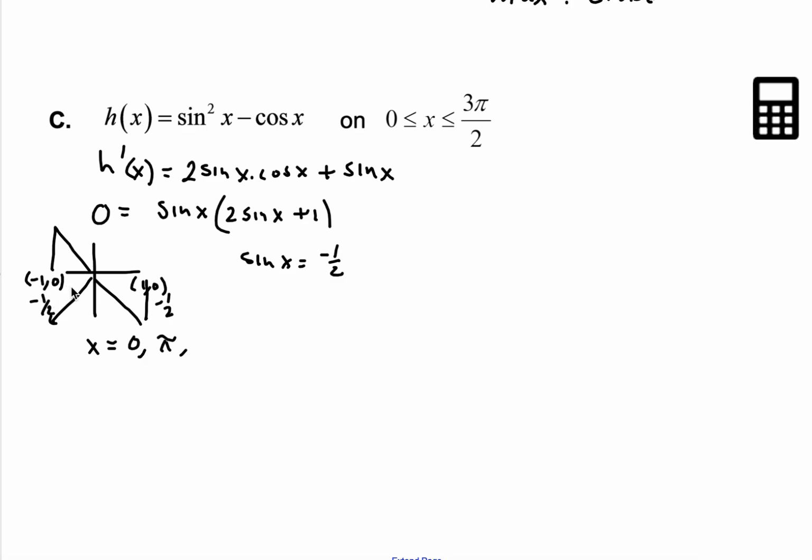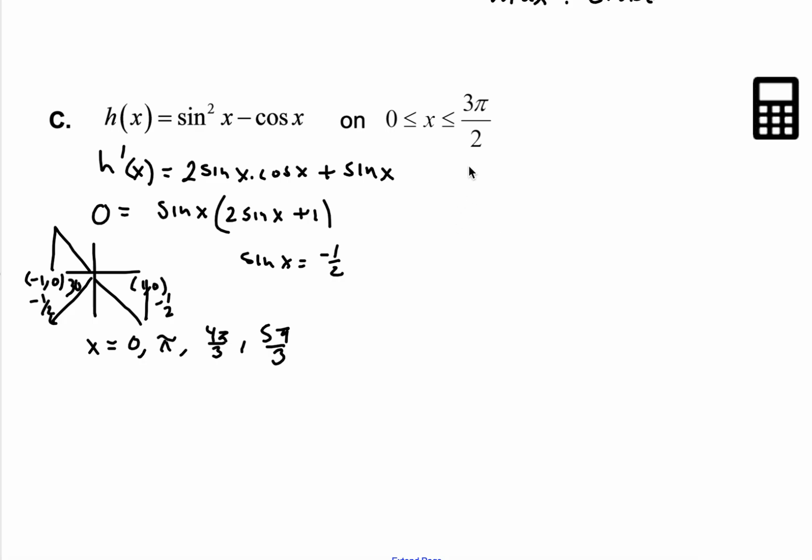So the reference angle for 1/2 is going to be 30 degrees. So this is going to give us 1/3, 2/3, 3/3, 4/3 pi. So this would be 4/3 pi. And again, the negative value over here would be 1, 2, 3, 3/3, 4/3, 5/3, 5/3 pi. And again, you just enter these values